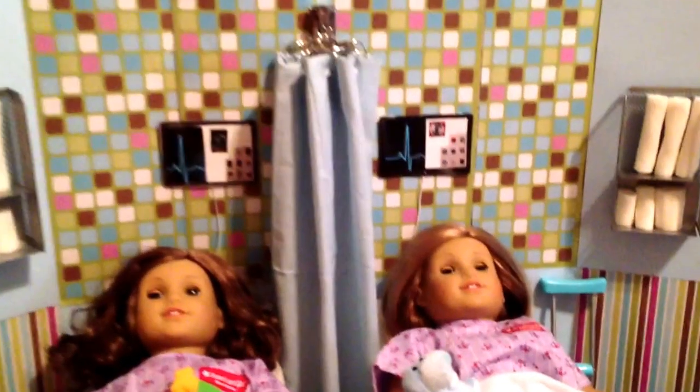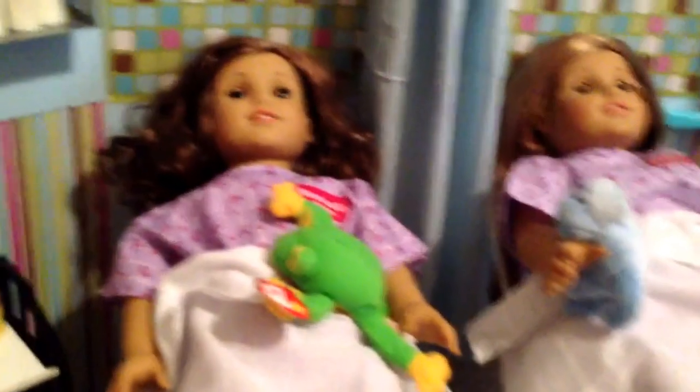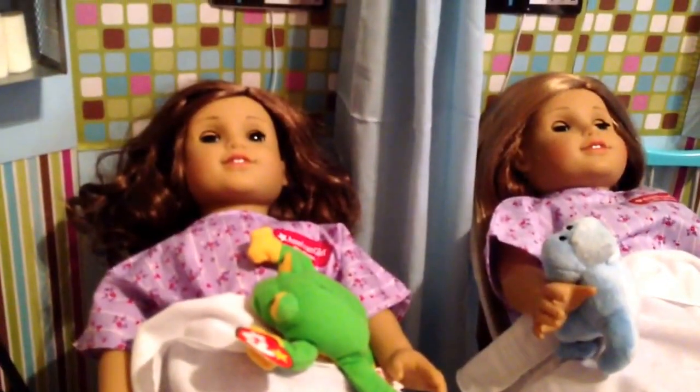Hospital bedroom. McKenna has broken her leg, and Rebecca is going to get her tonsils removed. Above each doll is a monitor,